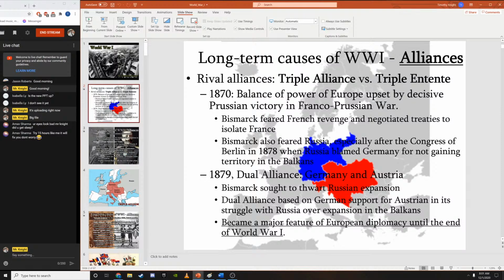But anyhow, the reason I'm setting up these alliances so intricately is because it helps when you understand some of the political reasons why these alliances were formed in the first place. So why do Germany and Austria reach out and form an alliance with one another? Well, they're culturally similar, and they both have a vested interest in preventing Russia from expanding down into these territories in the Balkans here. This is in red, this is Austria here. Austria is also trying to expand into these territories, and Germany's okay if Austria does it, but they don't want to see the Russians do it.